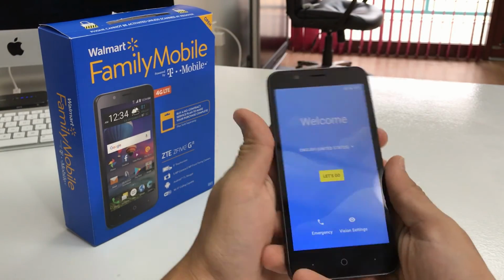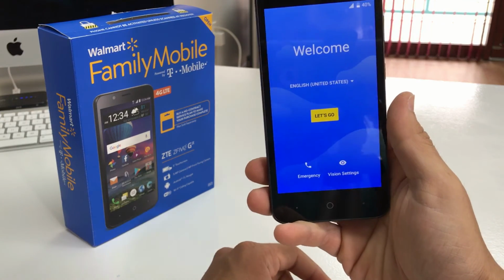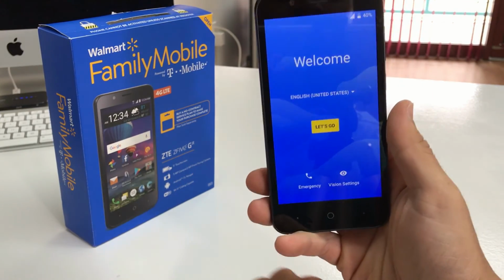Alright everyone, so that was just a quick video how to factory reset, two methods to factory reset your ZTE 5G